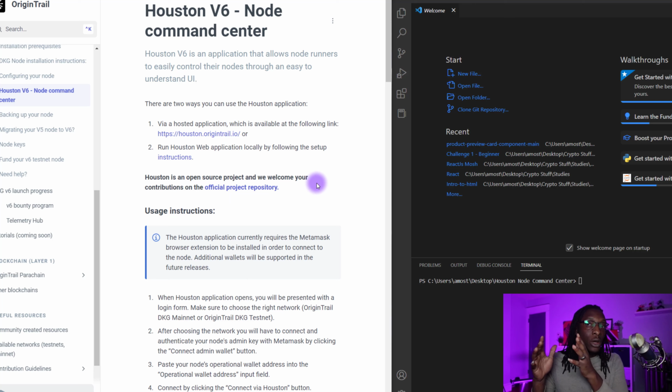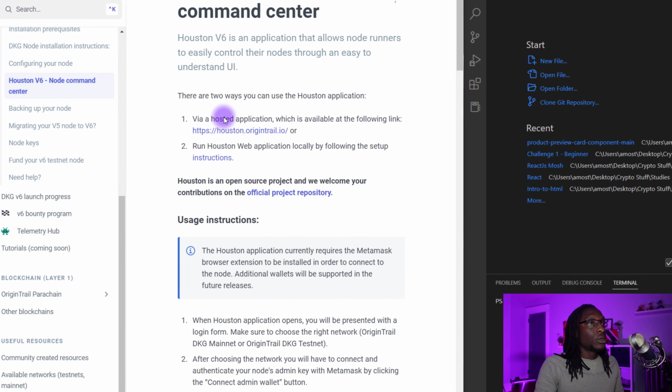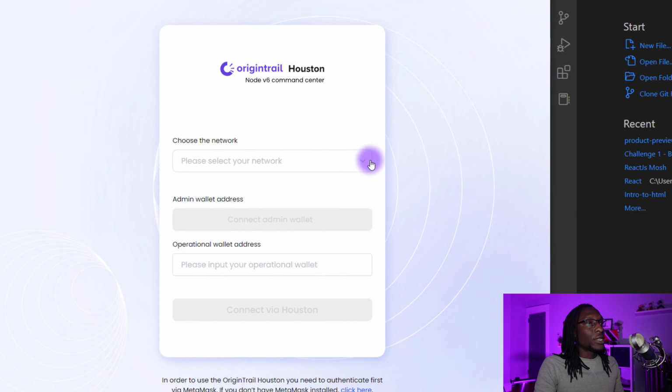is using the hosted website. Basically, this is hosted by the OriginTrail team. You can easily go to houston.origintrail.io. It's on the official domain, or you can run it locally. So today I'll be showing you how to interact with it online, and then I'll also show you how to run the local installation. So we're just going to first, of course, go to houston.origintrail.io, and you'll see